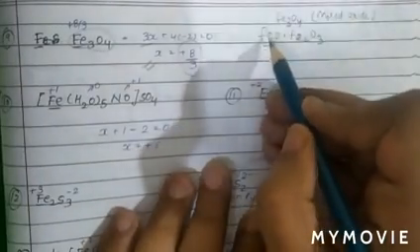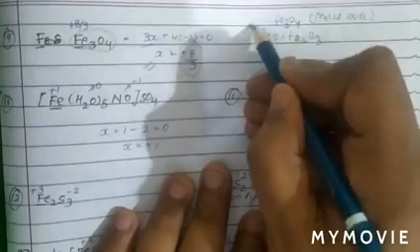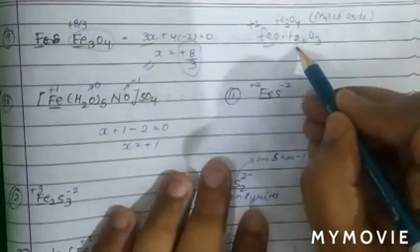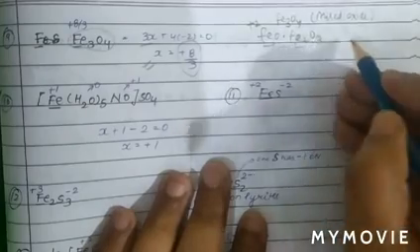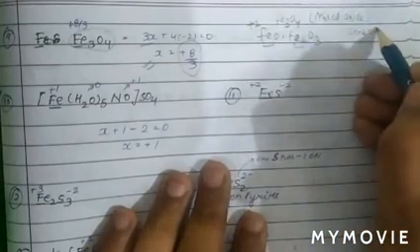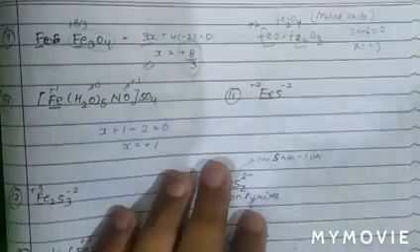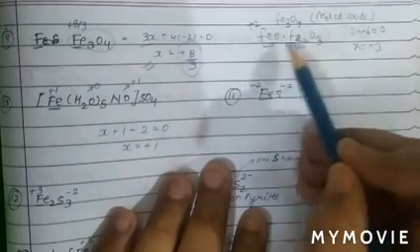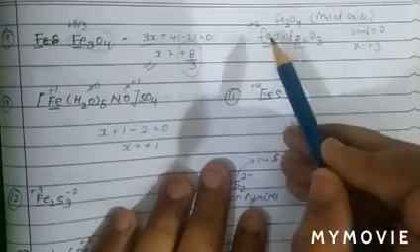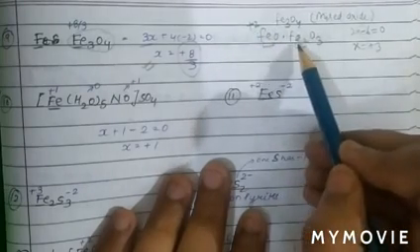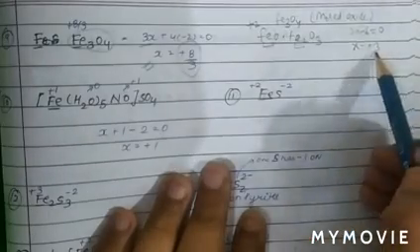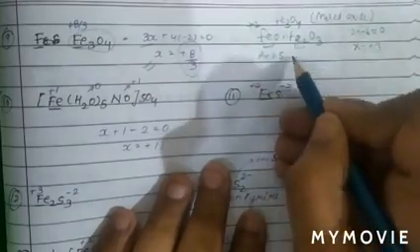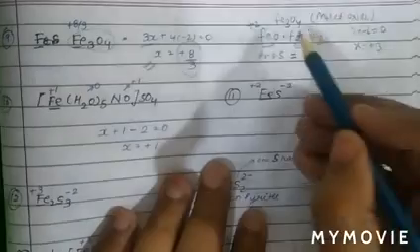then how do we calculate the oxidation state? See, in FeO there is only one iron atom, and the oxidation state of oxygen is -2 and iron is +2. In Fe2O3, 2 iron atoms are present, so 2X minus 6 equal to 0, X equal to +3. So in the mixed oxide Fe3O4, two oxides are present, FeO and Fe2O3, and the oxidation state of iron in FeO is +2 and in